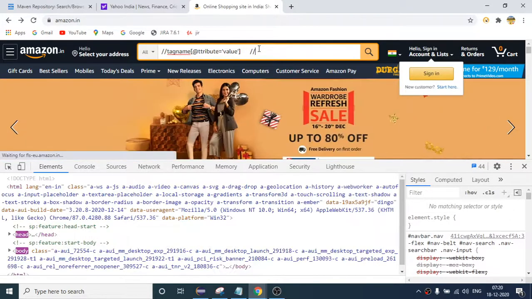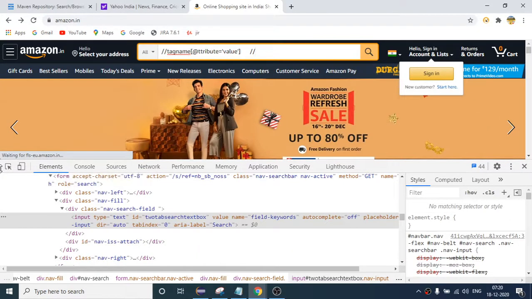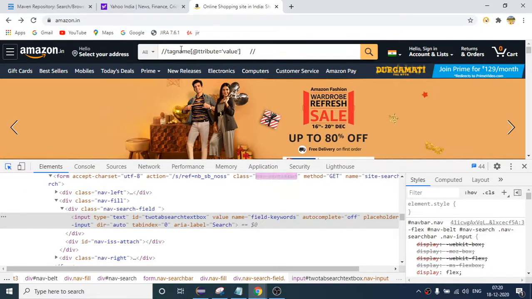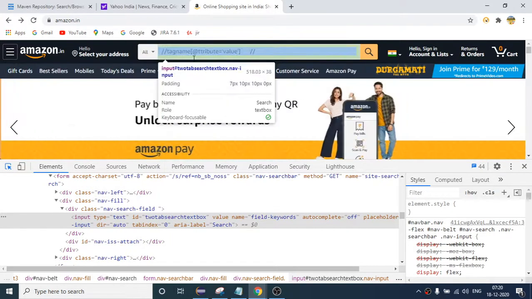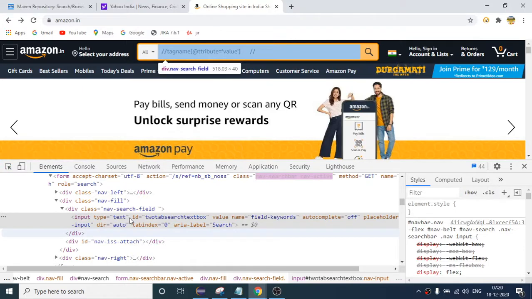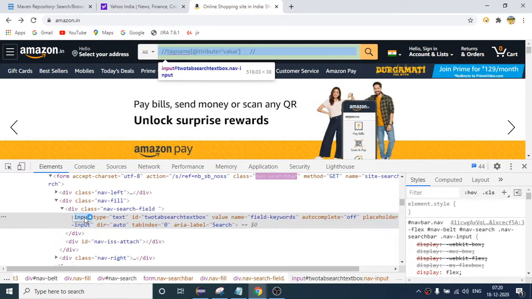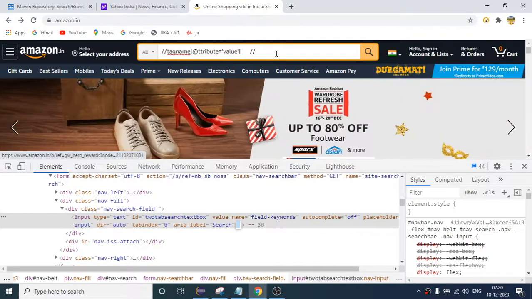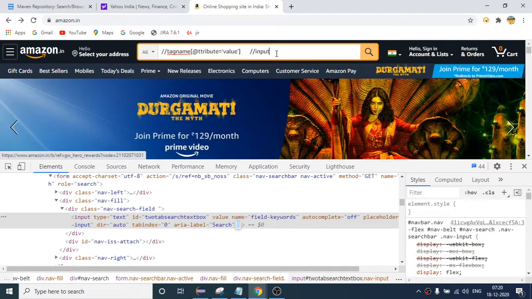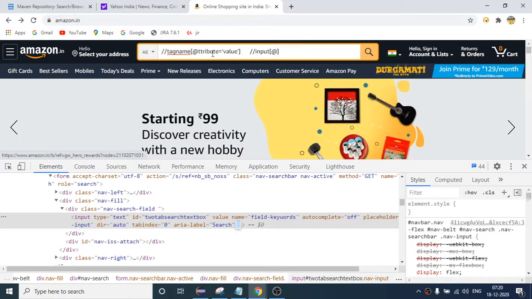So how do we write it? Double slash, and what is the tag name? The tag name is input, so I will write input after that. Then at the rate, what is the attribute?